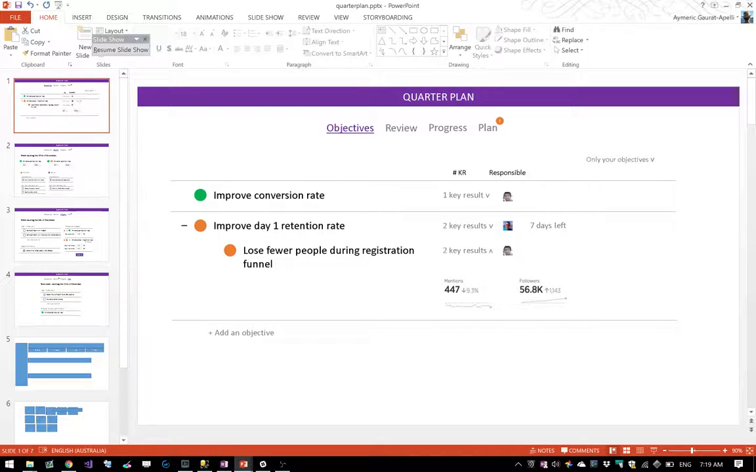The first step is setting your objectives. So you've got this objectives page where, I don't know why I don't see my mouse cursor, but you've got this improved conversion rate that has one key result. A key result is something that you want accomplished, and you're going to track the progress of that thing. And you've got improved day one retention rate, which you see is in orange, which means